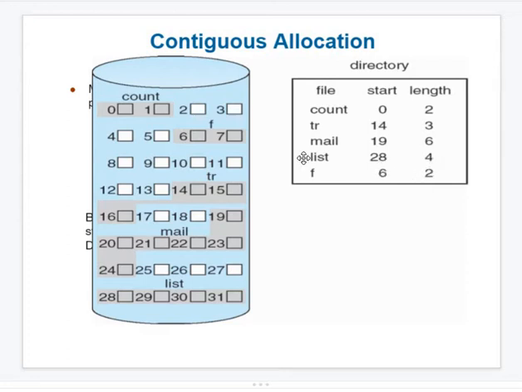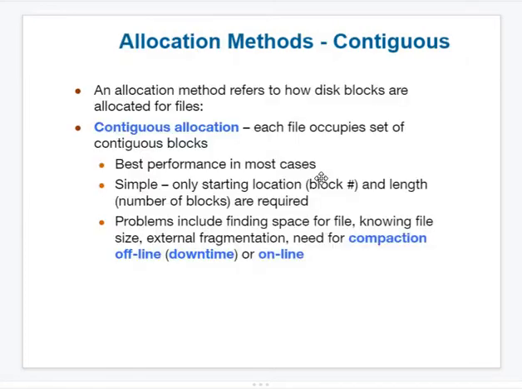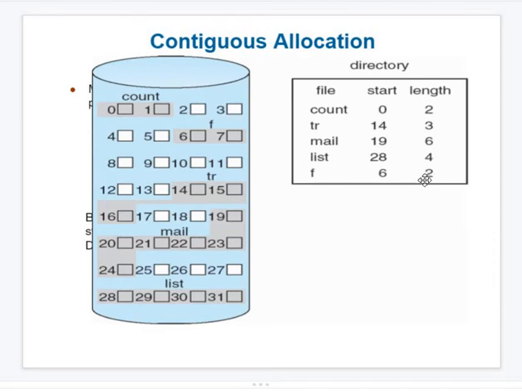It doesn't mean we should give 2, 3 only. Even though you can see 2, 3, 4, 5 are free, still we are giving 6 and 7 for this F file, because its starting address is fixed. Length is fixed, starting address we can vary. If we change one more time, the starting address of 2 and 3 will become the allocation for the F file. So continue wherever it is available. I mean, however much it requires, those blocks should be given continuously. It doesn't mean it should always be given from the starting.